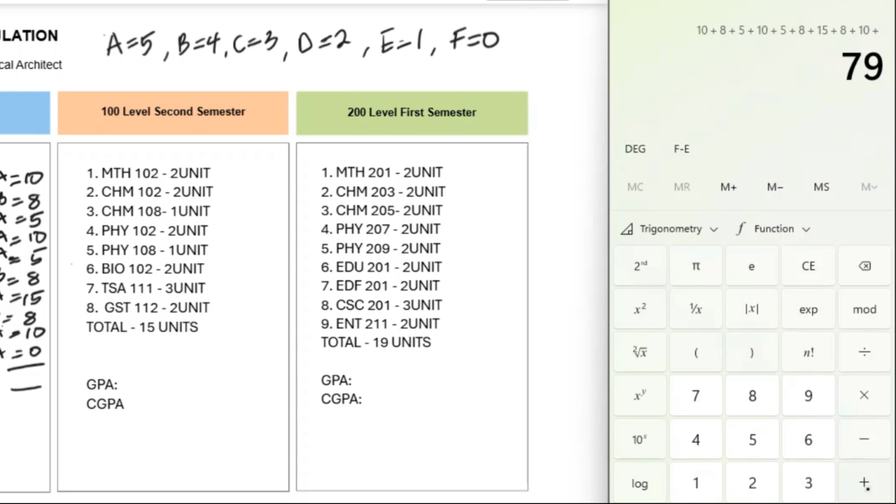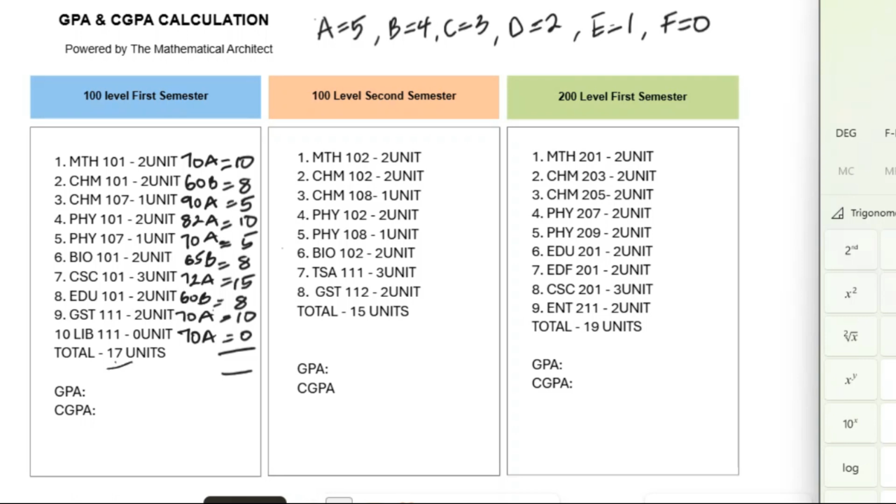So it means that here we have a total of